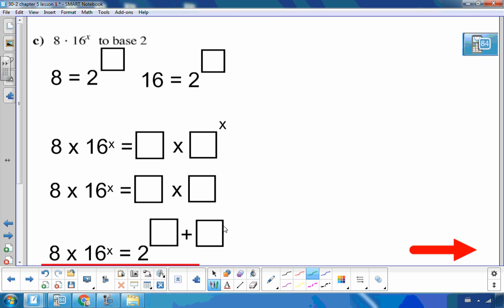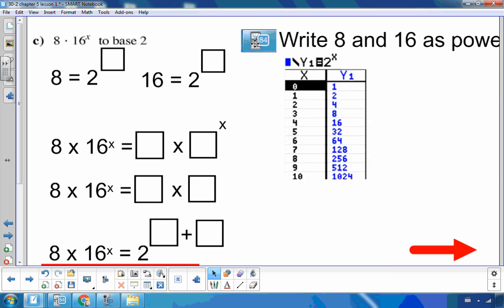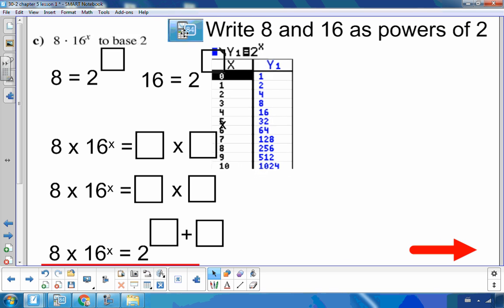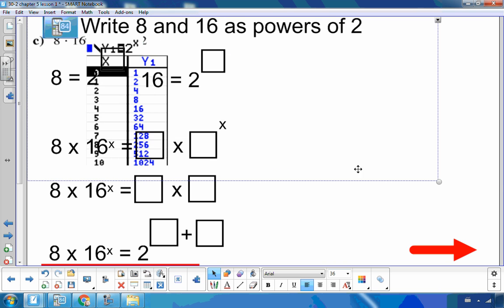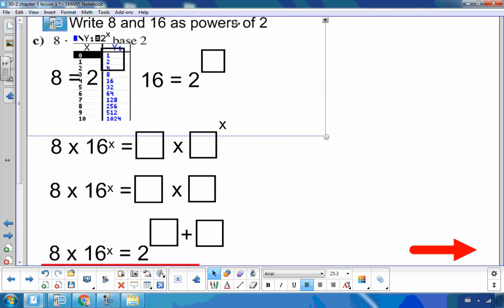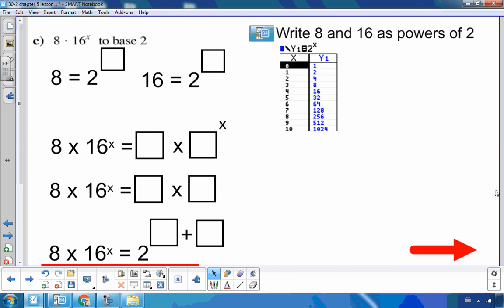Okay, let's try this one here. I'm writing 8 times 16 to the x as a base 2. Since it's a base 2, I need powers of 2. Really squish it in there. I'm going to make this a little bit smaller so I can fit it in. So base of 2 means writing it as powers of 2. Looking at 8, I know that 2 to the exponent of 3 is 8, and 2 to the exponent